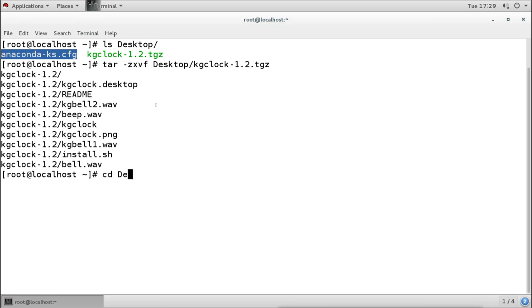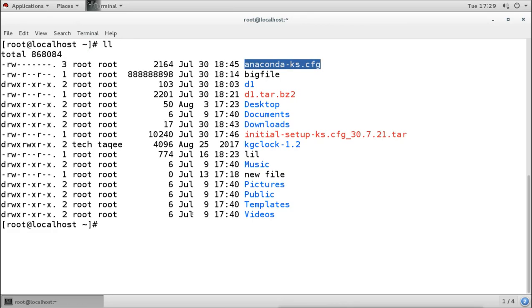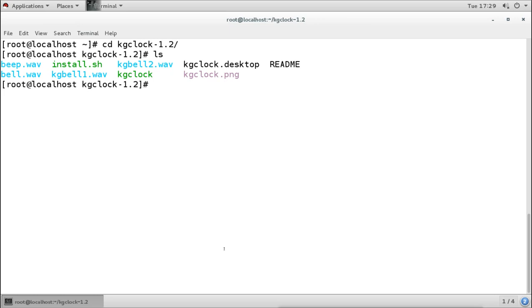What do we get after extracting it? Let's check. I will go to the desktop now. Okay, it is extracted here under the root home directory. Now what we get here is a directory. We have not got the RPM file or deb file. What we got is the directory. So maybe the file is inside the directory. So let's go to that directory and check whether we have the RPM file or deb file. There is no RPM or deb file there.